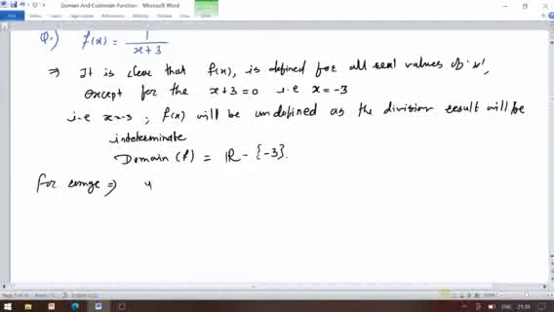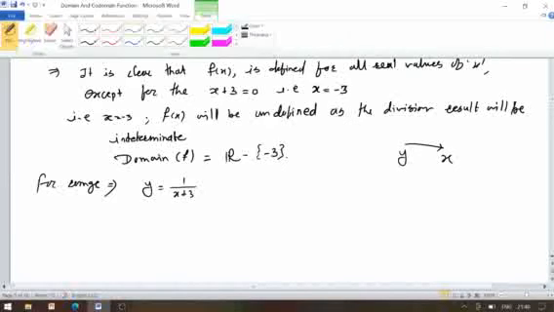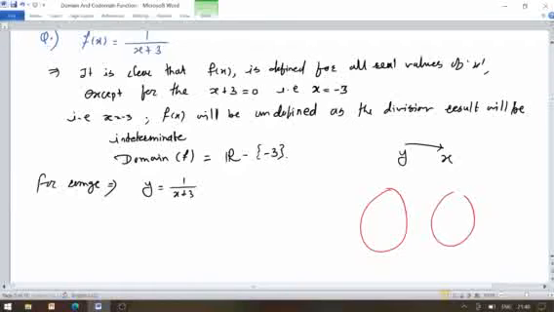for a range, suppose we have the given function y equals 1 upon x plus 3. So keep in mind, again the same thing, the domain becomes the set of all real numbers excluding minus 3. For the function y equals 1 upon x plus 3, we have y in terms of the variable x. So suppose I consider any element from the domain that satisfies the condition, the set of all real numbers excluding minus 3. So I would like to consider here 1, which belongs to the domain.